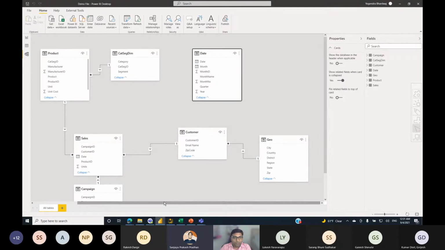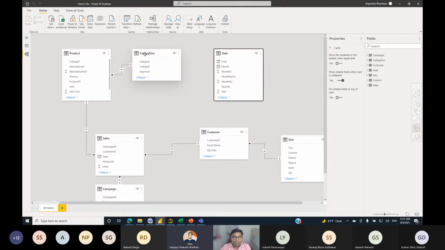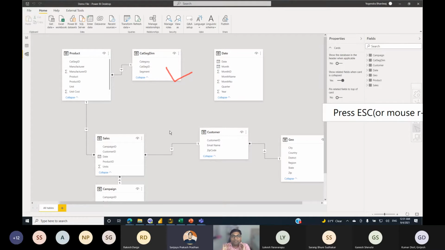I'm not sure you have noticed, but this is the new table that I have created, and I have not created any relationship over there. But if you can see here, the relationship is already established, because Power BI is such a smart tool.